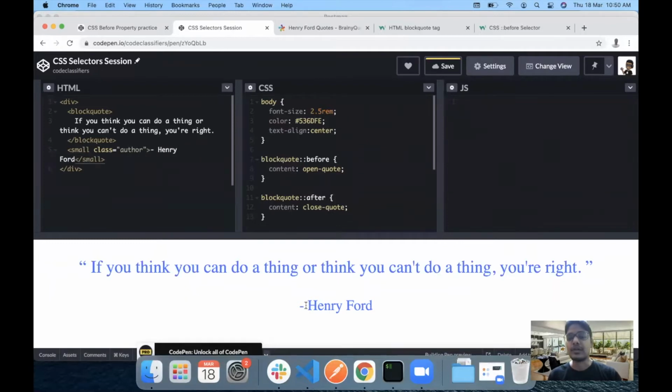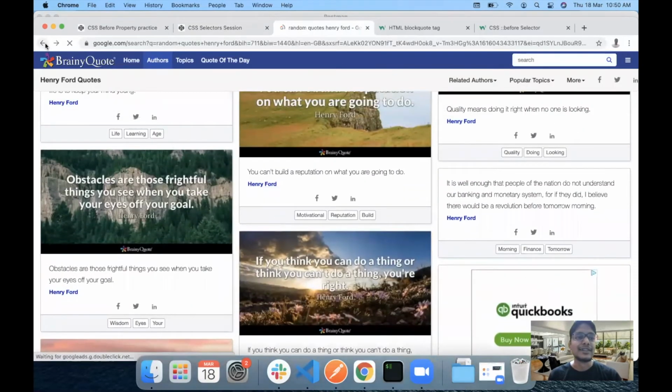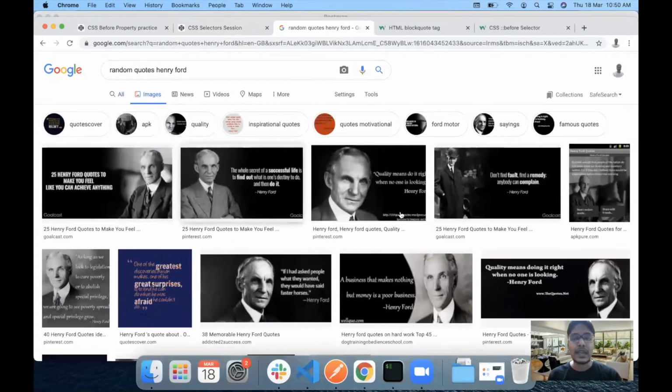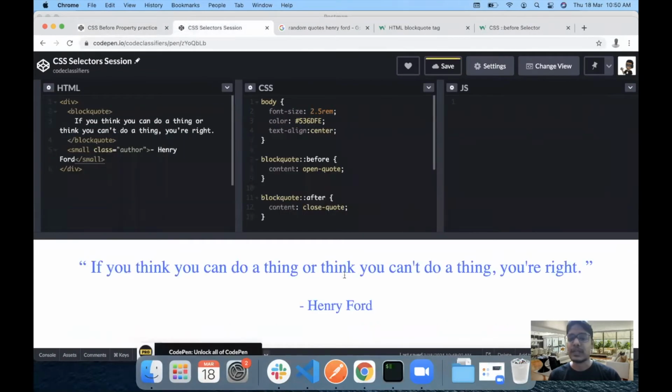Now author text is usually at the right hand side. If you see here in the image, these are centrally placed, but if we search for random quotes like this on images, we'll usually see that the author is on the right hand side and not in the center. So what we can do is align this text to the right hand side.